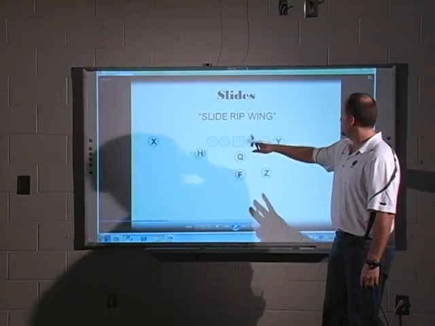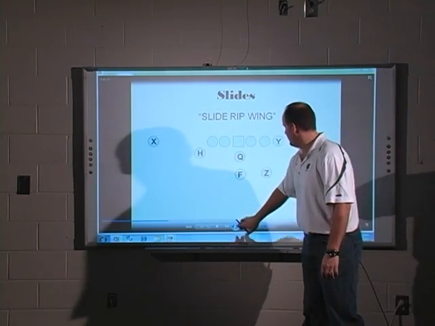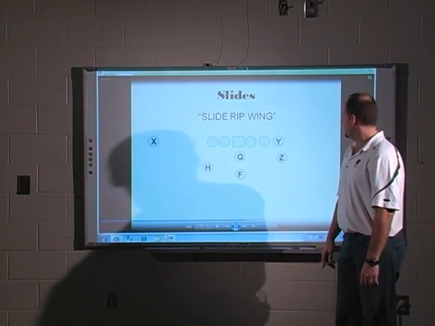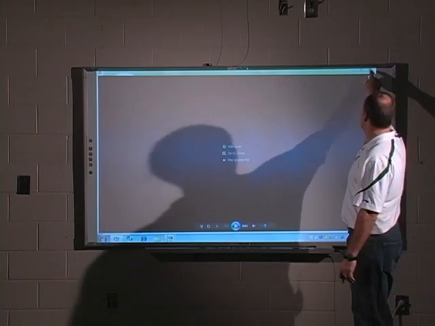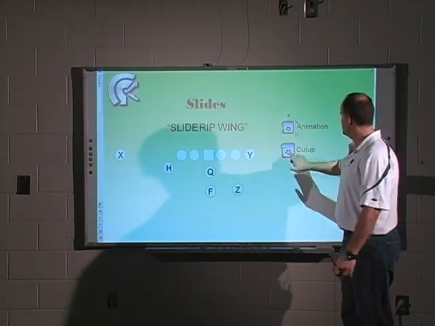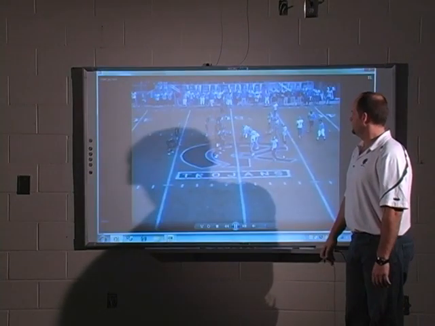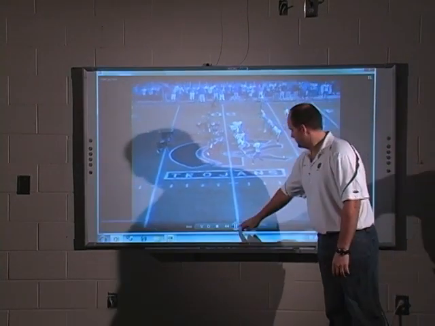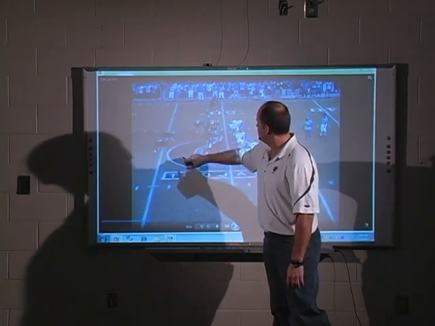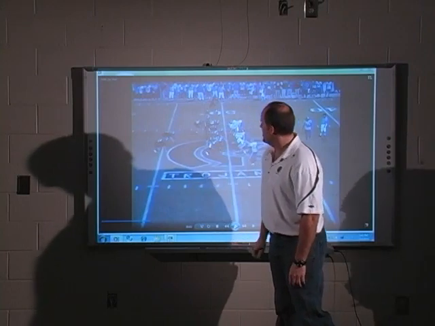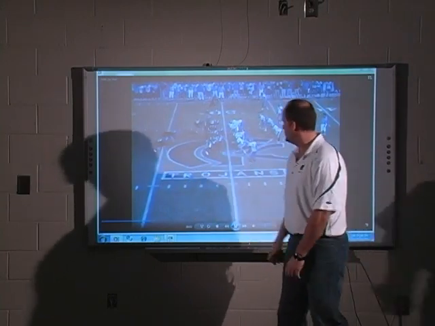Again, like we just showed you. H on the left, like a wing back. Z on the right, like a halfback. We call shift. Those guys slide over, and now we get into our rip wing formation. A little cut up, kind of give you a better idea of what it looks like in a game. Again, you notice our halfback right here on the left-hand side like a wingback. Our wingback in the backfield like a halfback, those guys will slide over on quarterback's command.